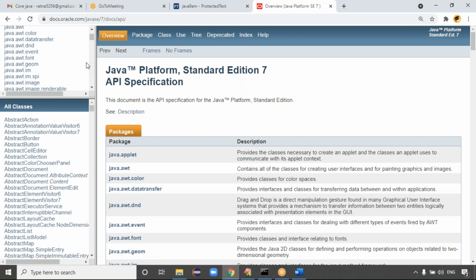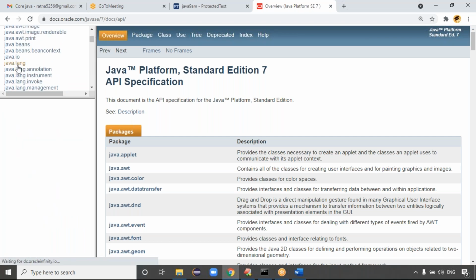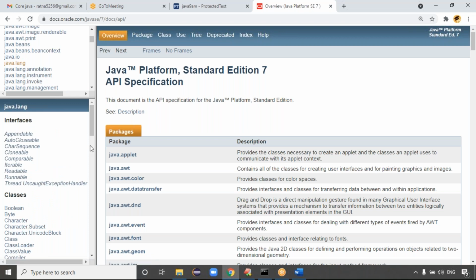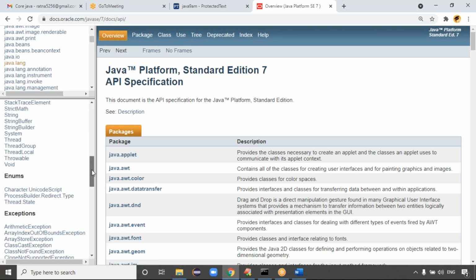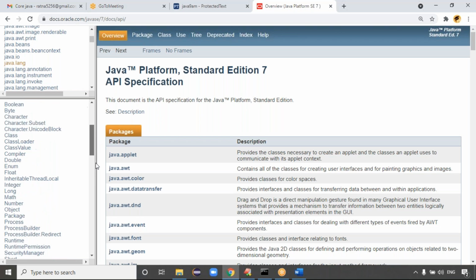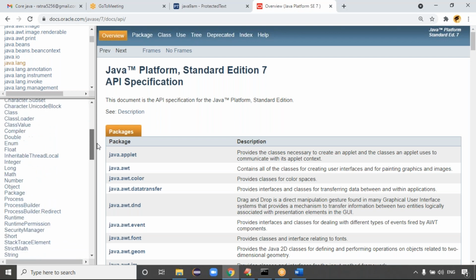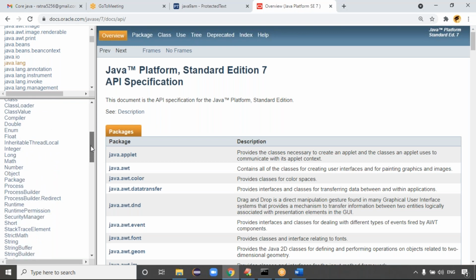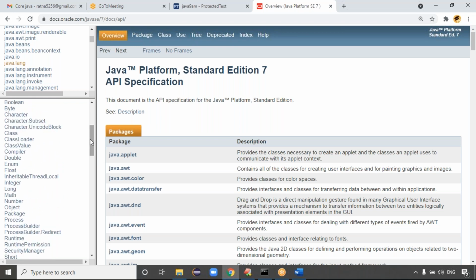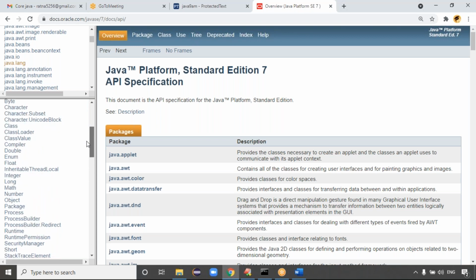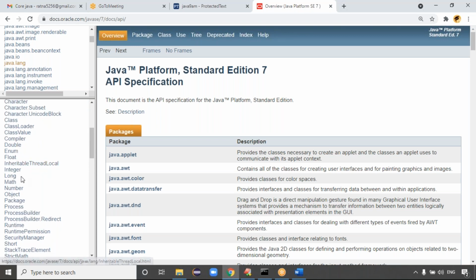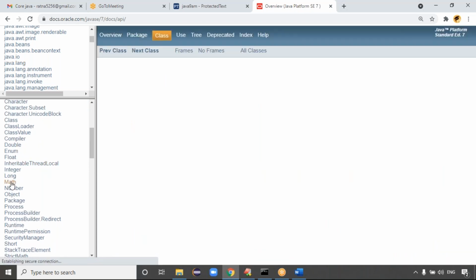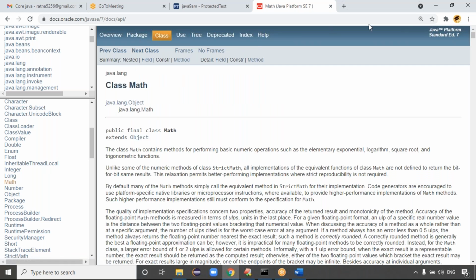If you go to the java.lang package, this java.lang.Math class, guys, you try to write some examples with the math functions today. This Saturday, Sunday, take some time.